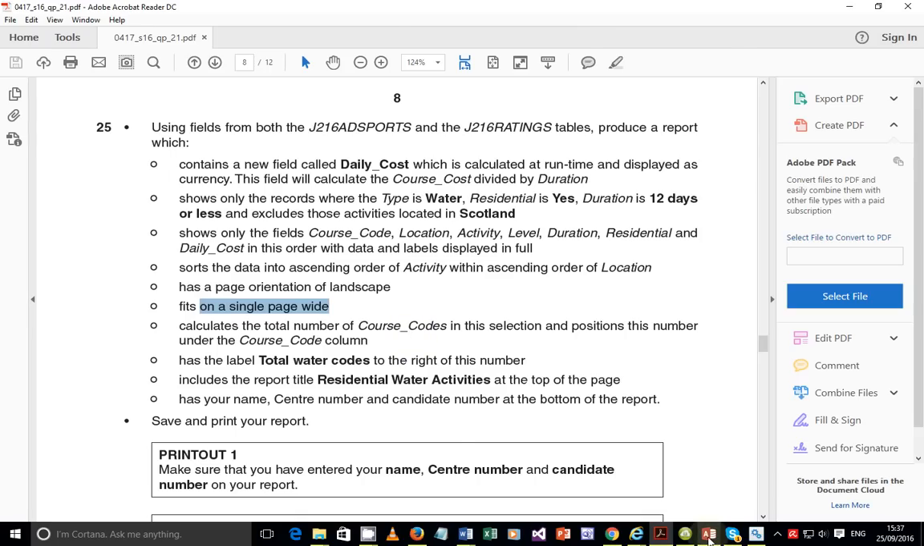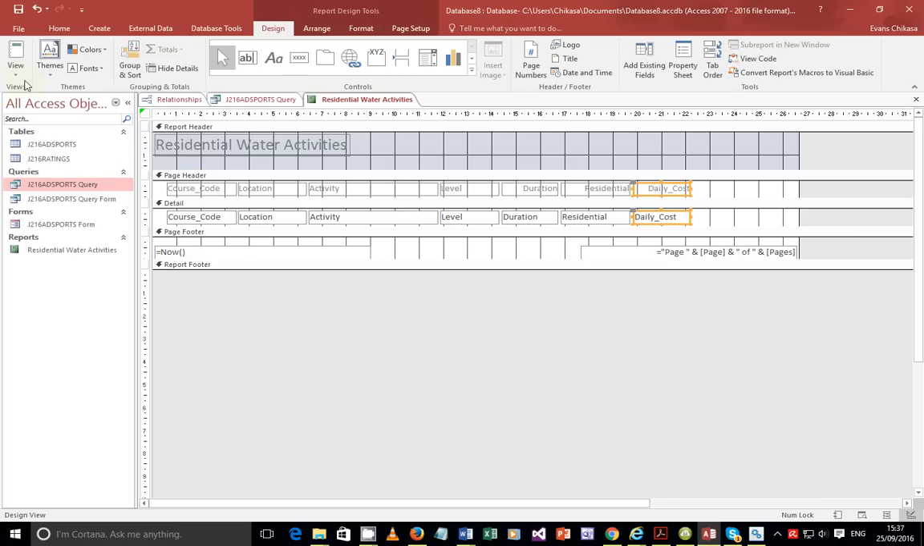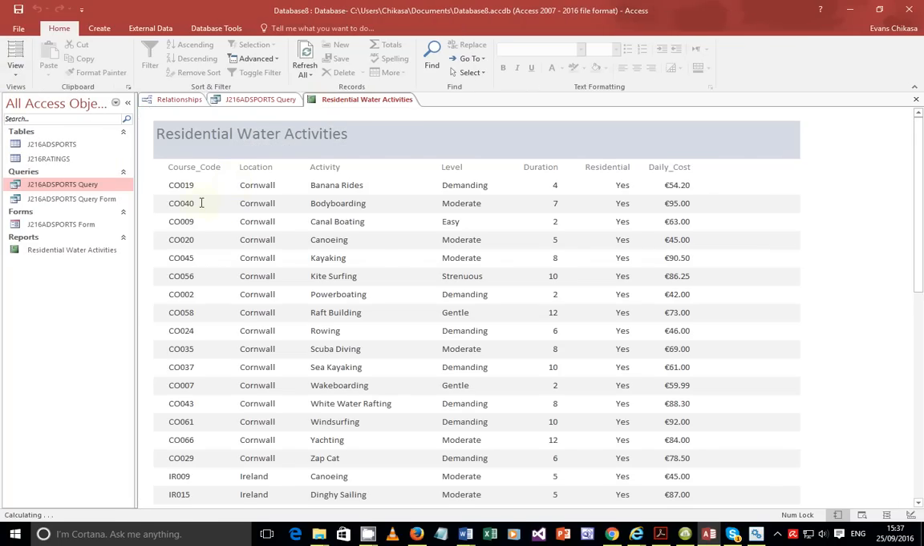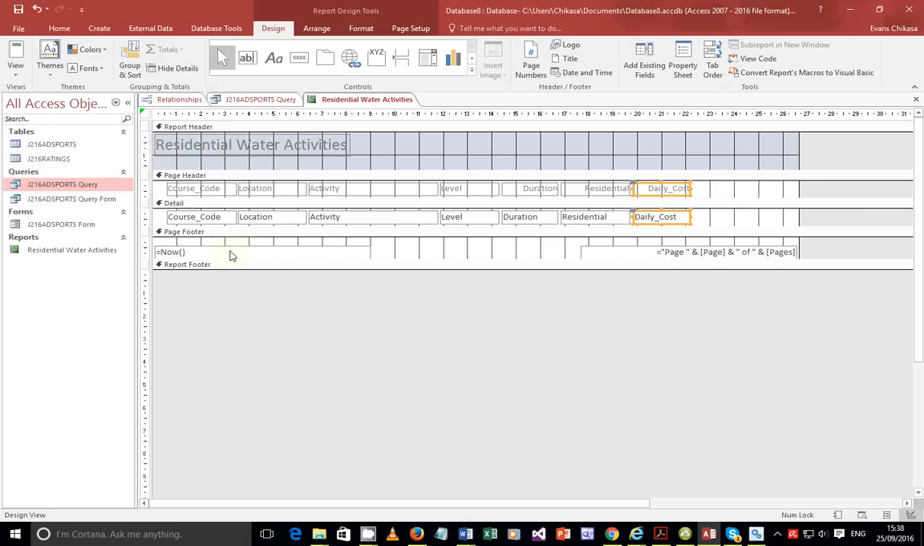Okay, so if you came here and you preview this, these are the course codes, so you're supposed to calculate how many you have: 1 2 3 4 5 6 7 8 9 10, and so on and so forth. But you cannot manage to count all these and just put there. We need a formula which can calculate these codes automatically. So this is what we are going to do here. So let's go back to design view, and under the report footer,